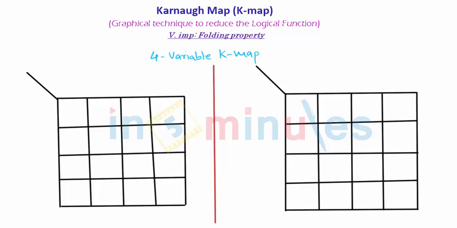Let us move to the four-variable K-map. So now I think you know how to draw the truth table. So I will just fill up the cell positions according to the MSB and LSB bits. Since there are 4 variables, you have 2 raised to 4, that is nothing but 16 cells. You can easily see that 3-variable K-maps are attached to each other.